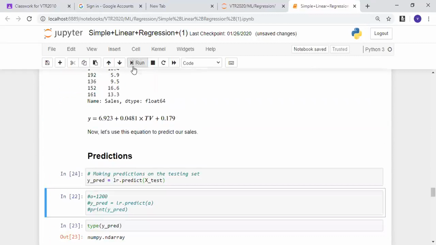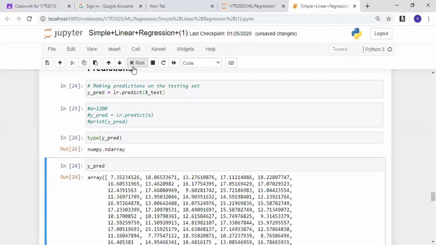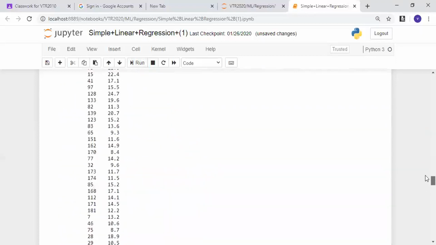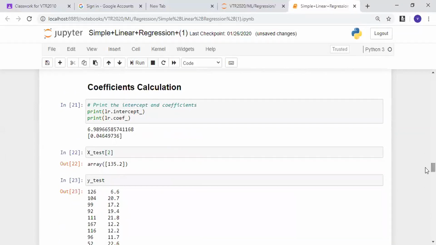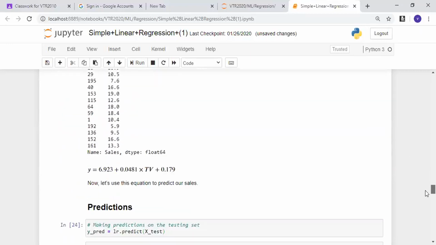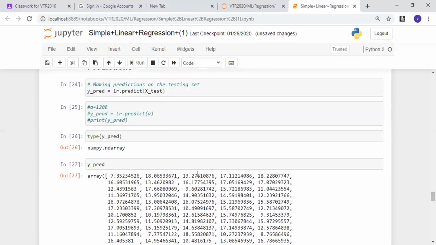When I do lr.predict of xtest, it will give me ypred. That is what the machine predicted. It would be in array format. Given the data of y test, I'll tell you what has been predicted. For example, for whatever x test you gave me, for the second case, you gave 135.2. If you invest 135.2 rupees, that is the third position of y, index 2. Okay, if you give 135.2 rupees, I'll give 32.27 as the sales. This is what the machine learning model has predicted.